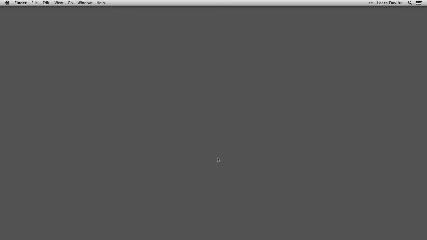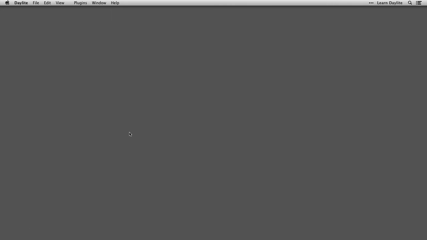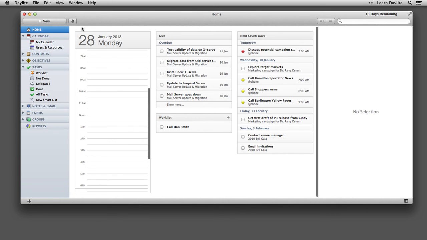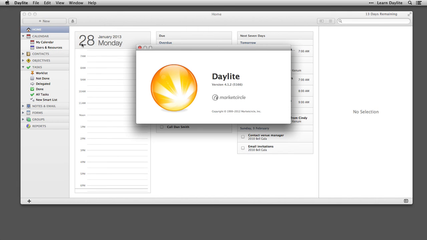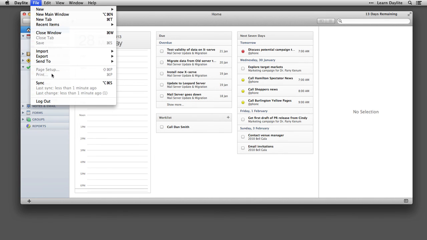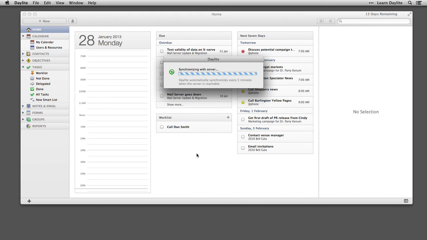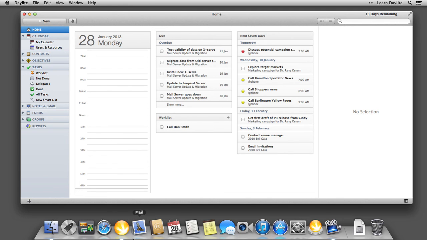Now, just to be sure that we've installed the latest versions, let's open up Daylite. Select Daylite from the top menu bar and choose About Daylite. This will show us the version of Daylite we're currently running. Another good idea is to test the sync and make sure that everything is synchronizing back and forth to your Daylite server okay. Once everything checks out with the sync, open up Mail,